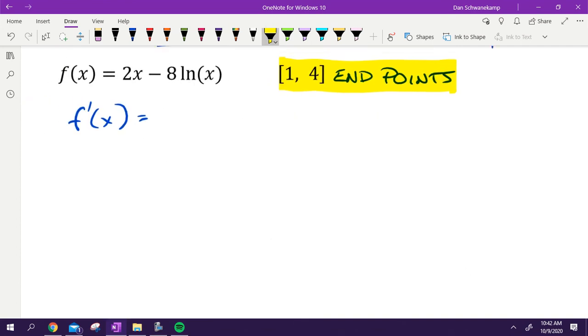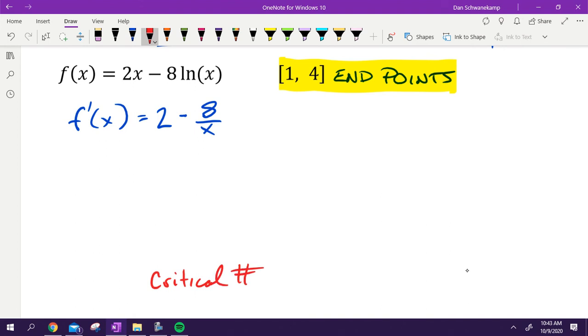Find your derivative. Take a second with your neighbor. Find your derivative here. Here we go. We're finding the derivative. Jalen, what's the derivative of 2x going to get me? 2. What about the derivative of negative 8 natural log of x? Yep, negative 8 times 1 over x, because the derivative of natural log is 1 over x, or simply negative 8 over x is probably the cleanest way to write that. That is my derivative. The first thing I'm doing is thinking, can this thing be undefined? Yeah, pretty easily. What would I have to plug in for x to make this thing undefined? 0. So I have a critical